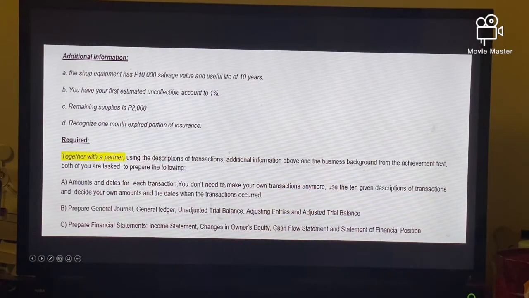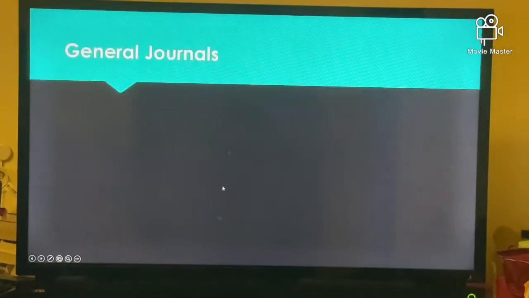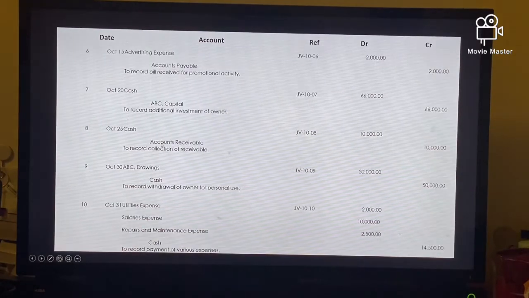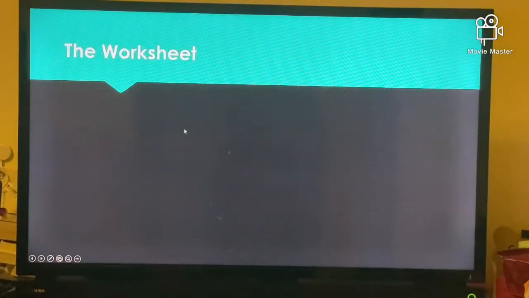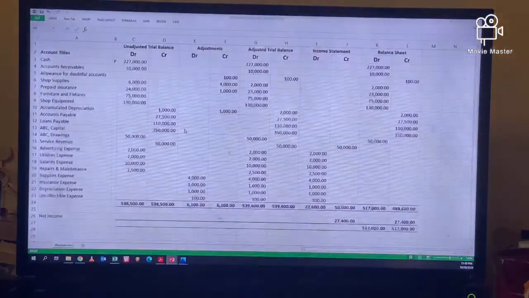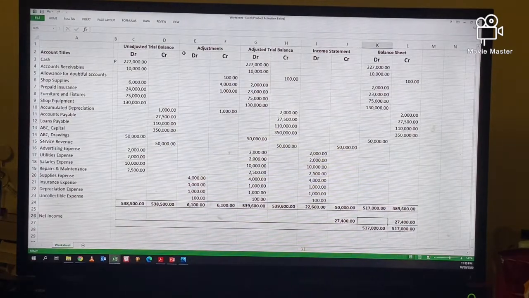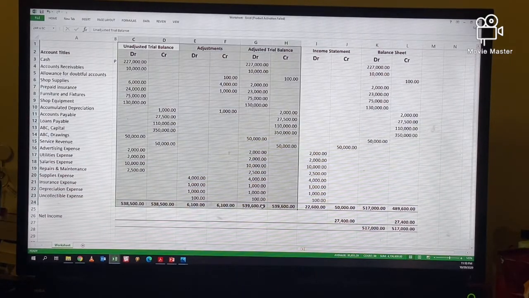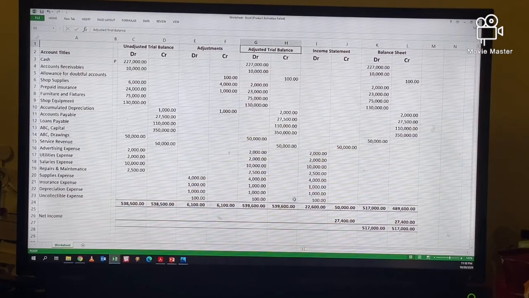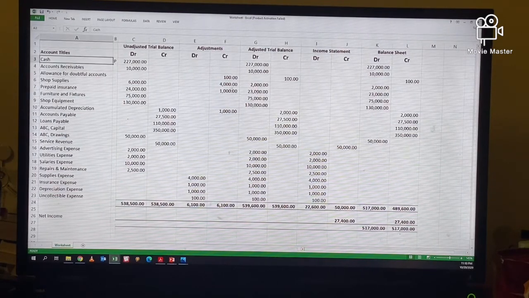So, nagtapos tayo. Pinakita ko sa inyo yung tinatawag natin na worksheet. Okay, so ito muna yung general journals natin na ginawa. And then, so we finish ledgers and worksheets. So, dito tayo nagtapos. Pinakita ko sa inyo yung tinatawag na worksheet. Ito kasi lang yung kailangan ng problem, hanggang adjusted trial balance lang. But I showed you as well sa isa yung pag-identify kung alin yung pupunta sa balance sheet and alin yung income statement accounts. Okay? So, the next